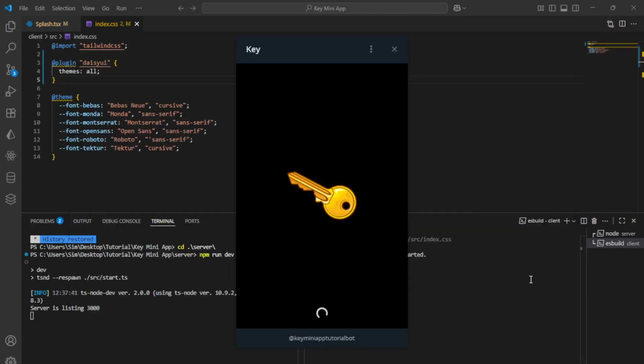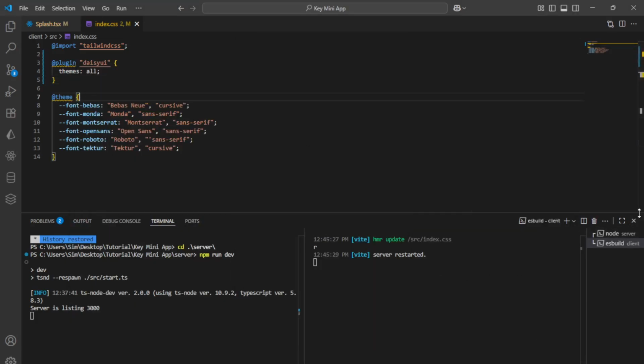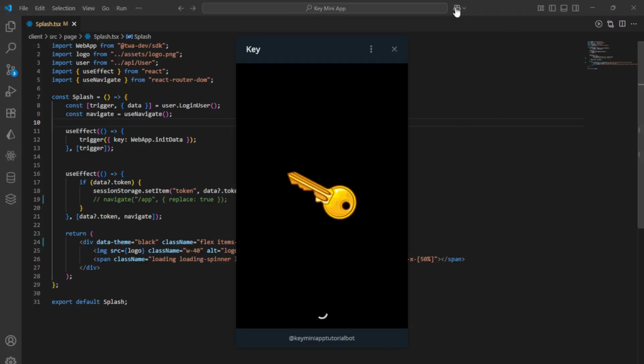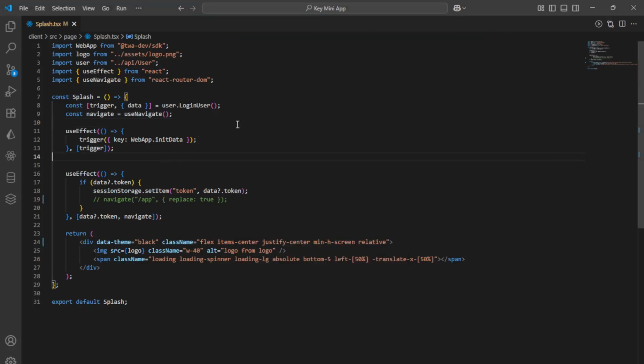Okay, I restart, and you can see this time the background is totally properly black. So now I want to set that color also black. So how can I do that? Okay, so if I want to do that,